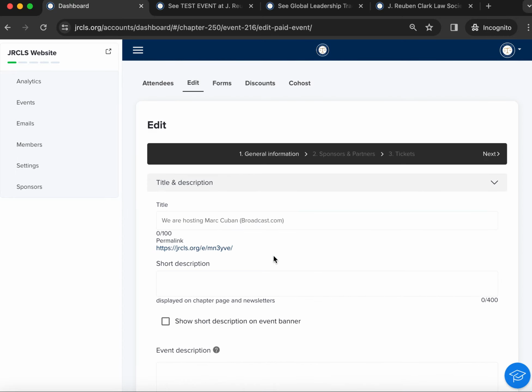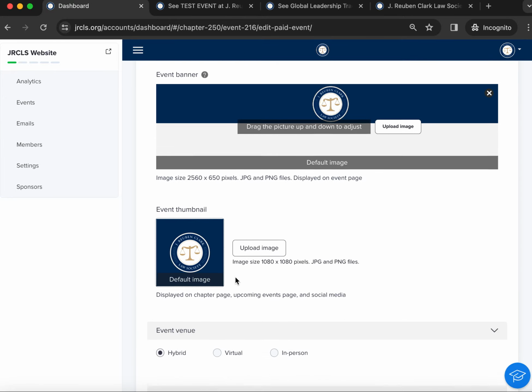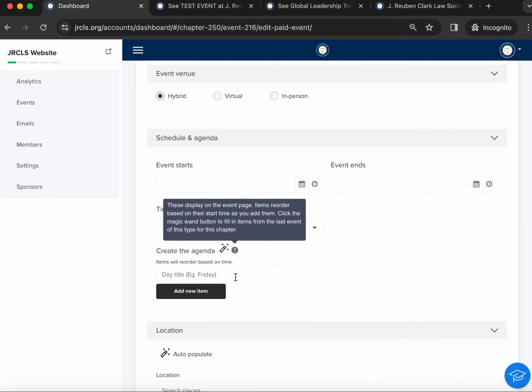There are just a couple more places I want to point out. In any of the event types, you'll see that you have underneath the title the permalink. This is the link for your event that you can use to share. Another thing I want to point out is if you chose to